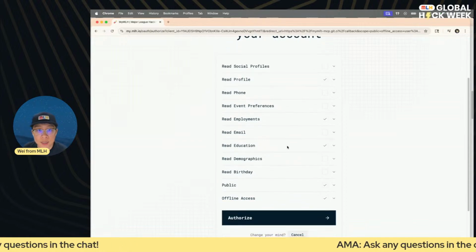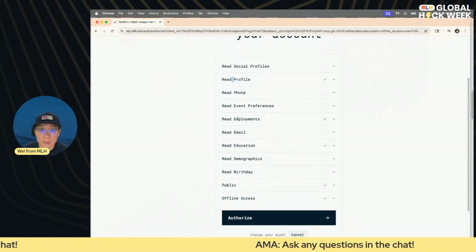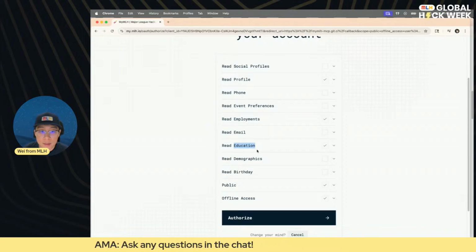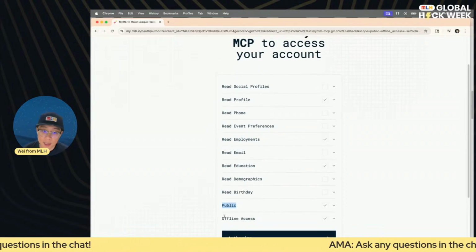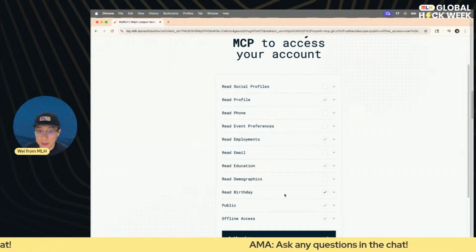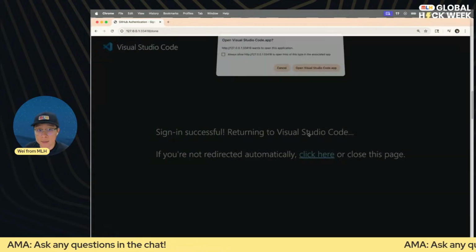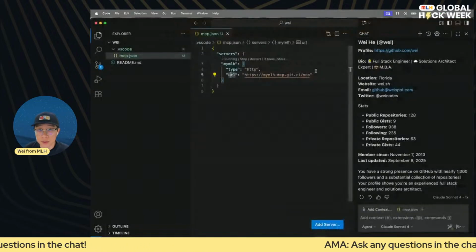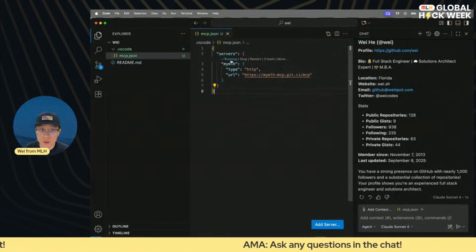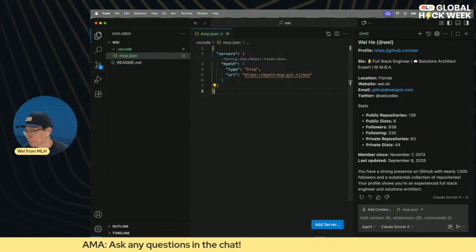So I'm going to say my profile, my employment, my education, and public information and offline access. I'll just keep everything as the default here and click authorize. So this should redirect back to our VS Code window, and you should see running on top of the server name.